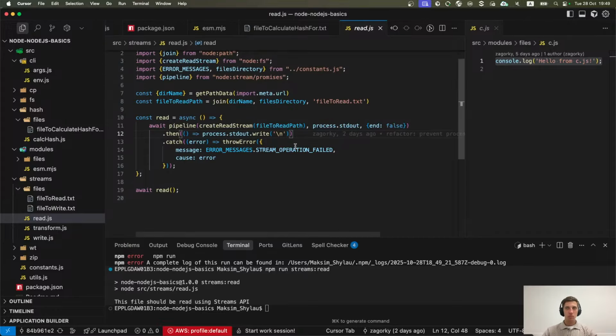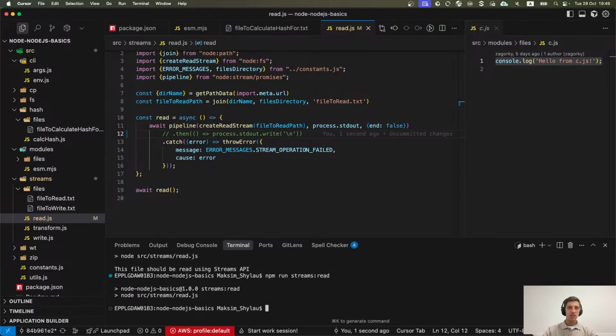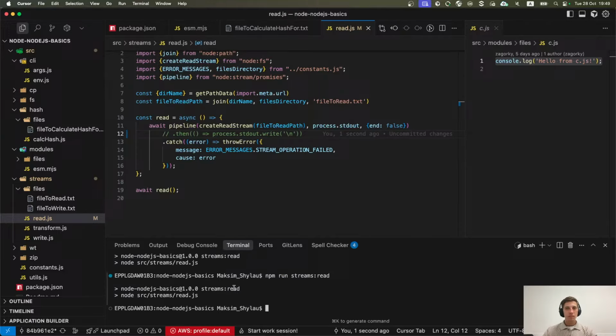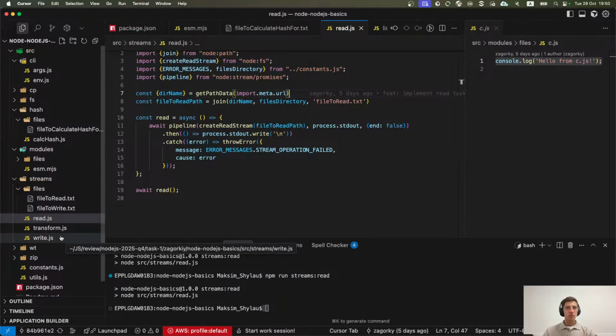If we would remove this process stdout write, then you can see that it's weird that I actually don't see content of the file. Yeah, but it was expected that you will see this text near your cursor. Okay, let's take a look at the next one.